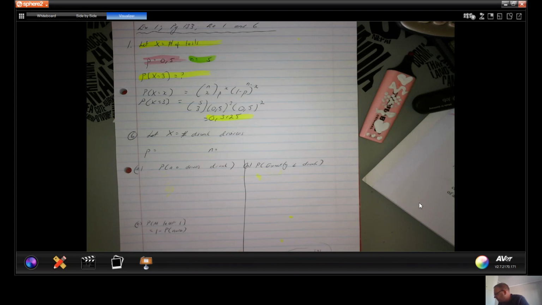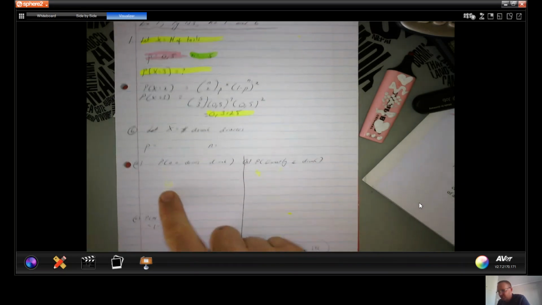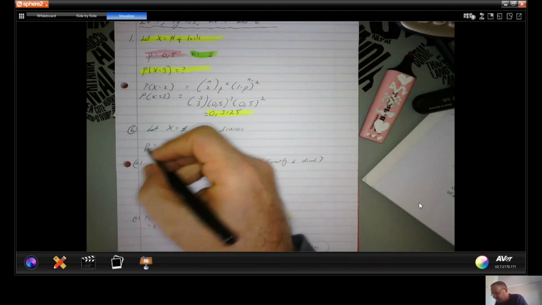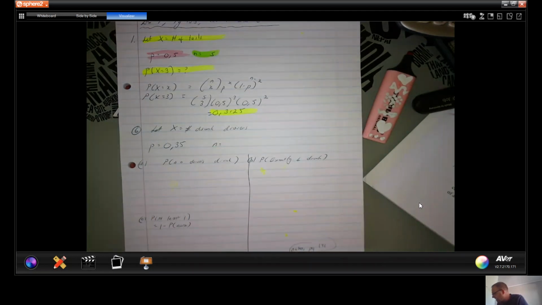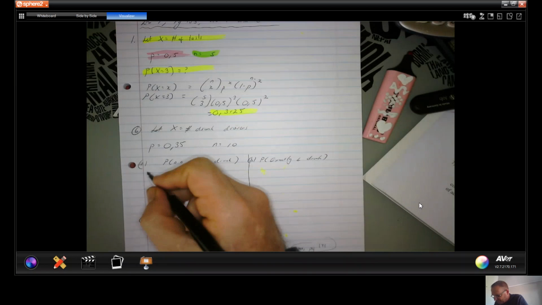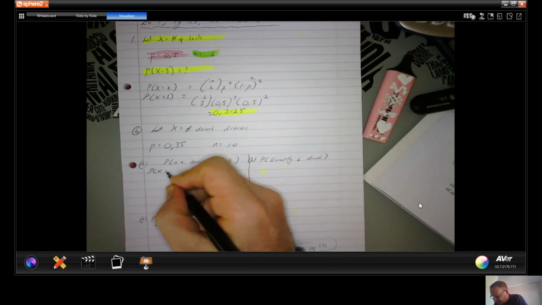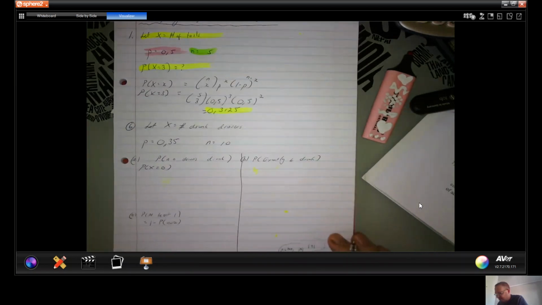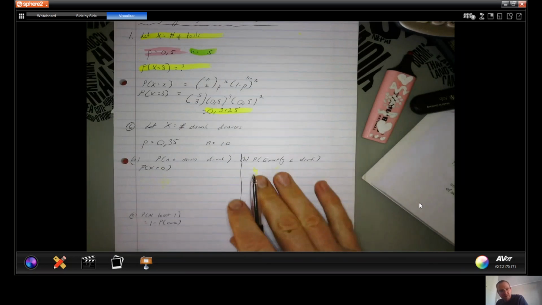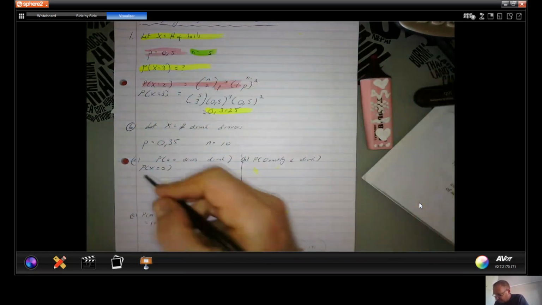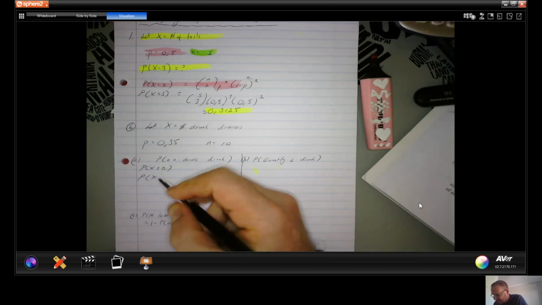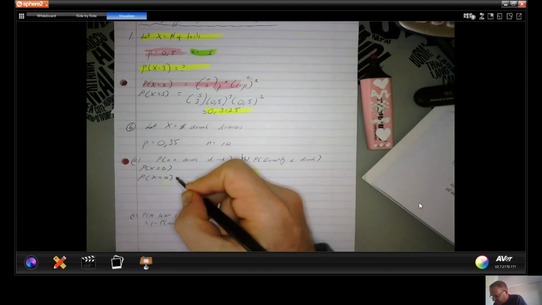That's question A. If we let X be equal to the number of drunk drivers, P, the probability of somebody being drunk, is 0.35. And then N is the number of people that they test, so N is equal to 10. And in the first one, we want to know the probability that X is equal to 0, that they don't catch any drunk drivers. So using the formula again, the probability that X is equal to 0 is going